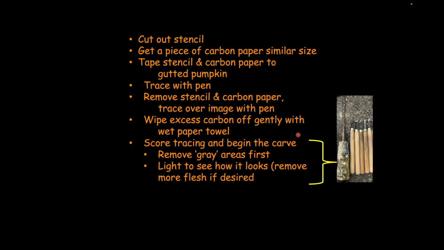So when you light the pumpkin from the inside, anywhere you've not removed rind, it's going to look black in a dark space. But anywhere you removed a little bit of rind, it will look orange, right? You'll see the bright orange. You won't see black because now the light is coming through because the rind is not there to keep it out. If it doesn't look bright enough, and you don't want it so bright that you can't distinguish that from when you've cut it completely out, you can remove some of the flesh using that scoop from the inside where you're going to be carving, so you can thin the flesh, right?